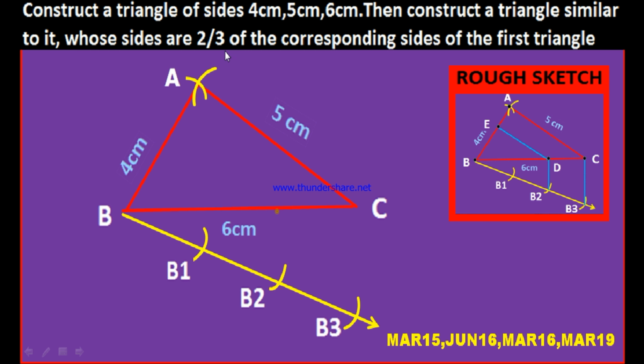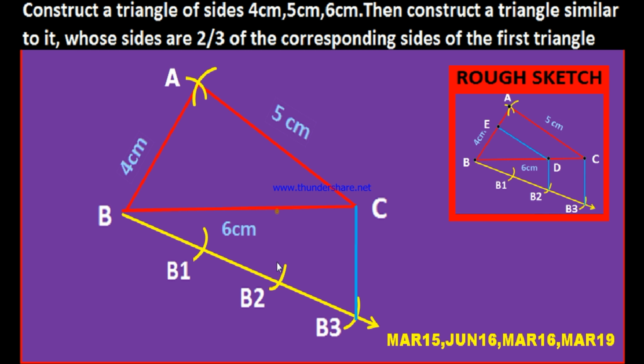Now you observe this fraction, 2/3. In this 2/3, 3 is the denominator. Therefore, first of all, join the third point to the vertex C. Since 3 is the denominator, join the third point, that is B3, with C, as we joined like this. And later, look at the numerator. Numerator is 2. Then draw a line passing through B2 and parallel to B3C. We have to draw a line passing through the second point, that is B2. Why second point? Because the numerator is 2.